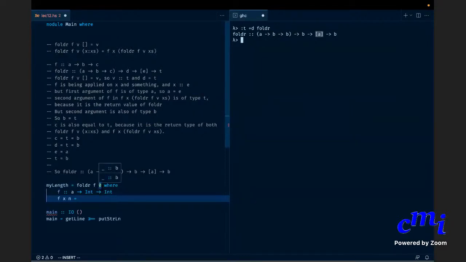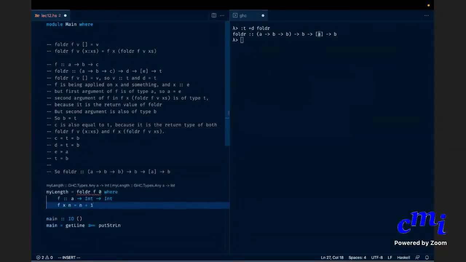Swaminathan? Sir, you want to return the length, so it should be int, right? And what is the type of the first argument of f? It is not int, it is whatever the type of the element of the list is. We don't know what the type of the element of the list is. It is some general A, yes, sir. So you want an f which is a arrow int, and okay, now it's clear. Now you will define it as f of x n equals n plus 1. Okay, and now where does it